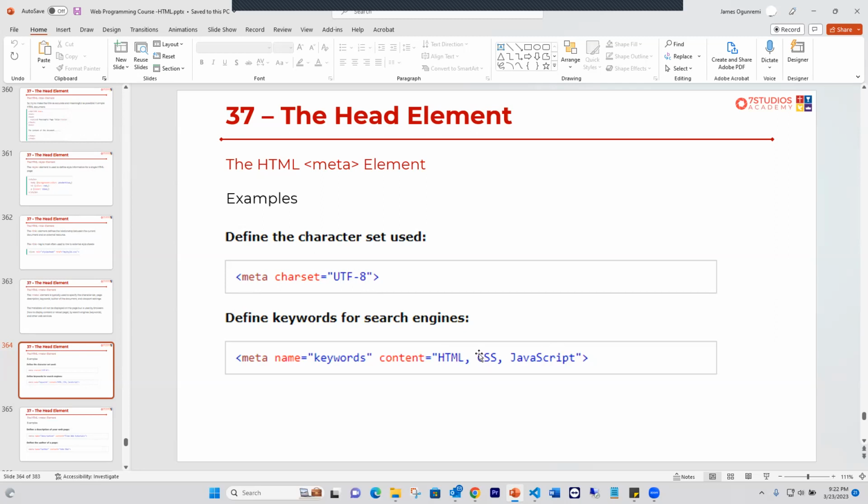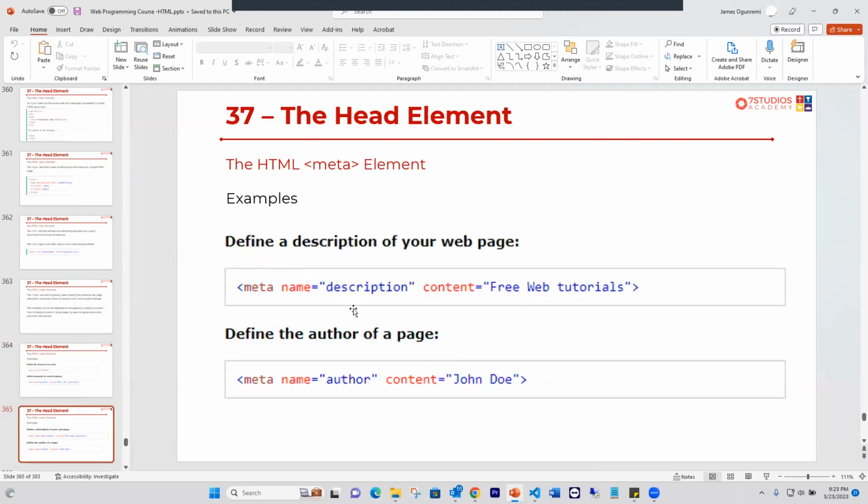I'm sorry, we can't test this now because our website is not on the internet, so search engines will definitely not find it. So we're just trying to see what we use meta for. All right. Another use of meta is for